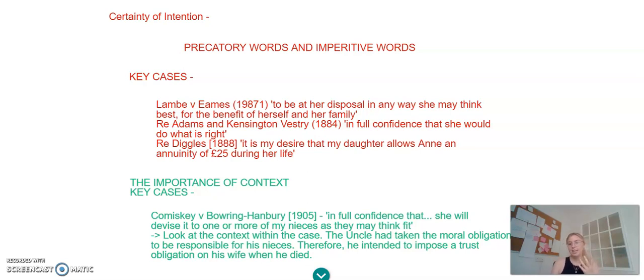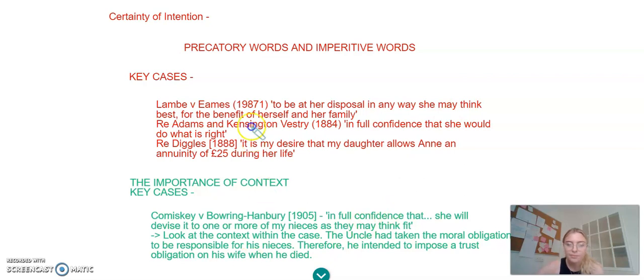So I'm going to have a look at the key cases here, which can be distinguished on the basis that they have precatory words. And as I said earlier, this is only enough to satisfy the gift. These don't satisfy the certainty of intention, and therefore the trust will fail. So we have Lamb and aims to be at her disposal in any way she may think best for the benefit of herself and her family. We have re Adams and Kensington Vestry, which is in full confidence that she would do what is right. And we have re Diggles, it is my desire that my daughter allows Anne an annuity of £25 during her life. Now, as we can see from these words here,